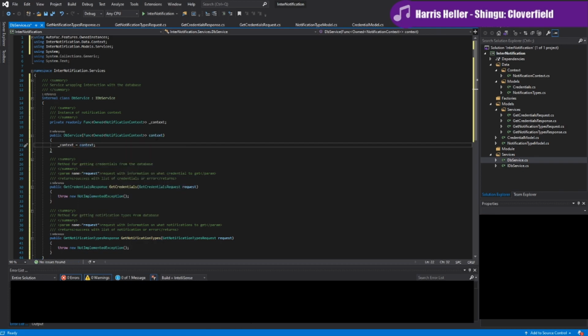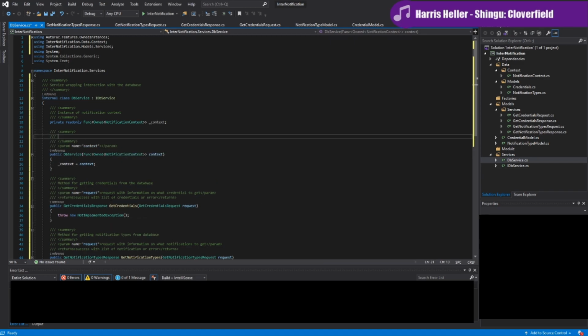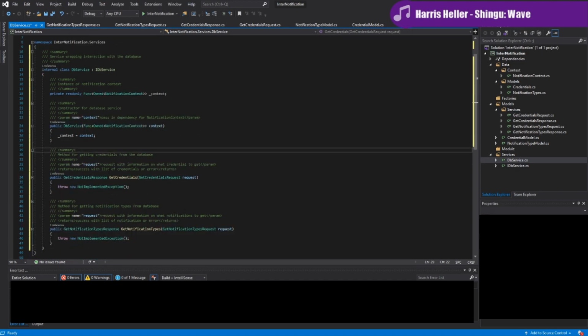So this right here is going to pass in our Autofac context, catches it into this context, and lets it be usable throughout this application. And this is a constructor for database service context, and that is our passed in dependency for notification context. Perfect. All right. So now that we've got that,